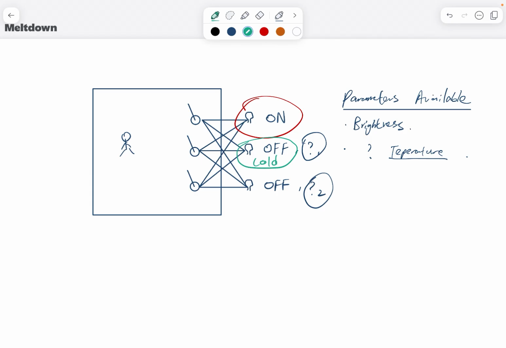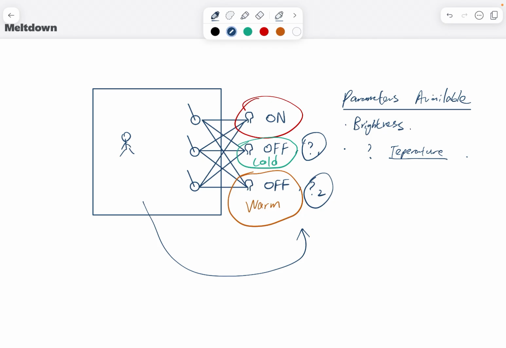However, the second light bulb is also turned off, but it is turned off at the moment when you are about to go outside of the room. So its temperature is going to be warm, but it is also off. So when you go outside of the room,